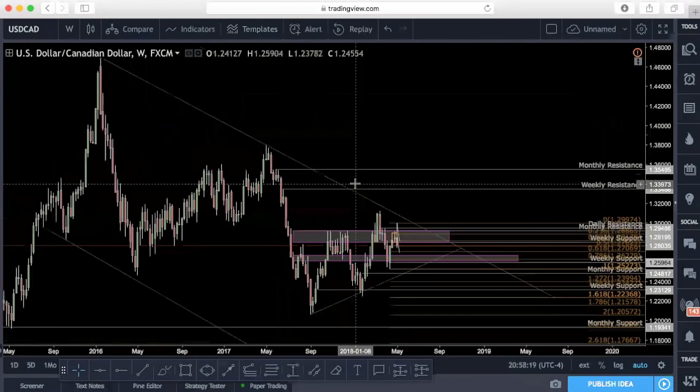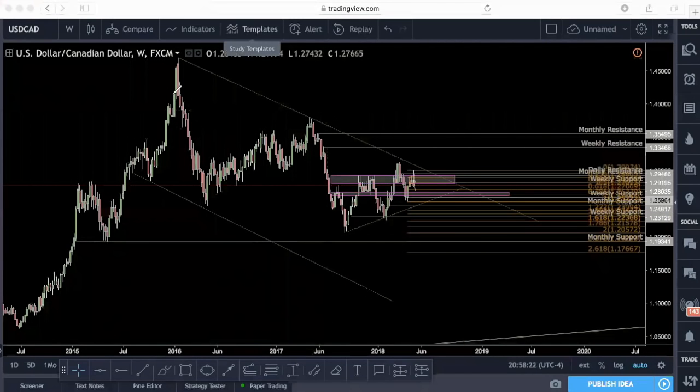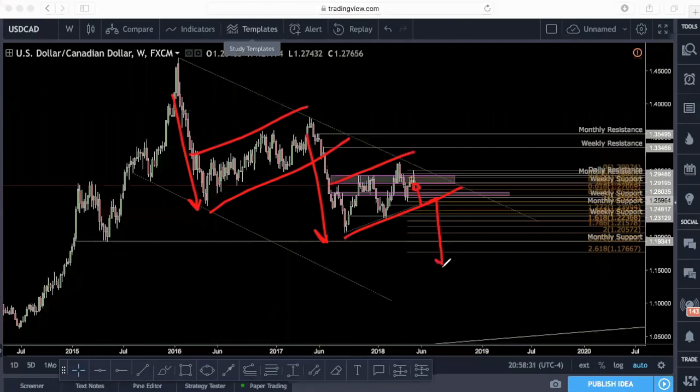Just like I went over in the beginning of the video, that is how CAD economics are structured right now. You receive an impulse, you receive a relief. You receive another impulse, and you receive another relief. If we get this trade and we receive that once again, we are going to be quite happy.